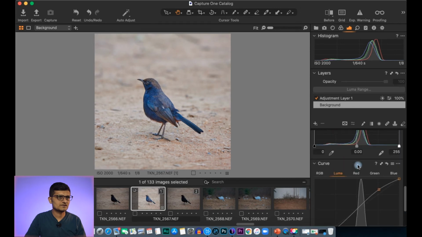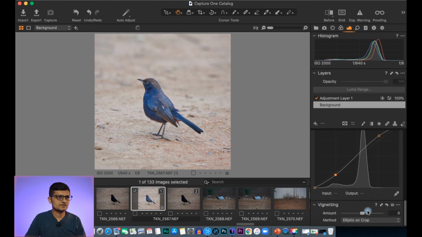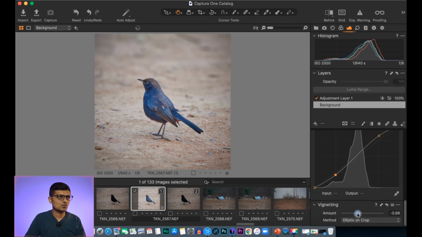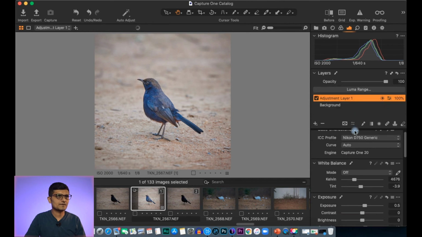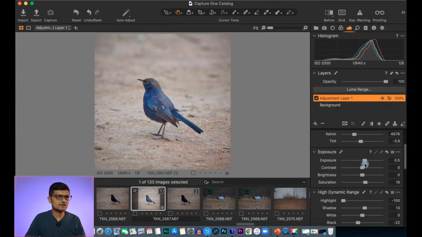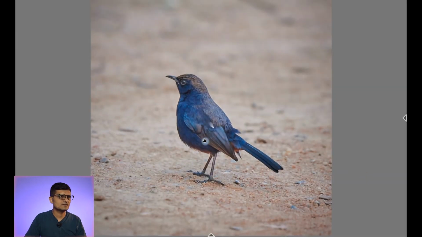That's it, and just bring it down a little bit. That's it, and give a bit of vignette. And again I will come back to adjustment layer 1 and give slight contrast. I think that's it, pretty much done.